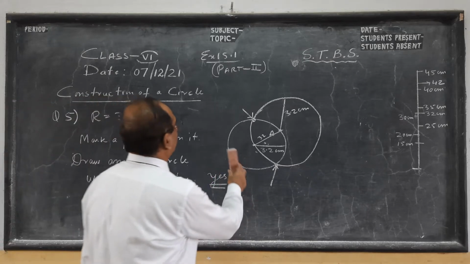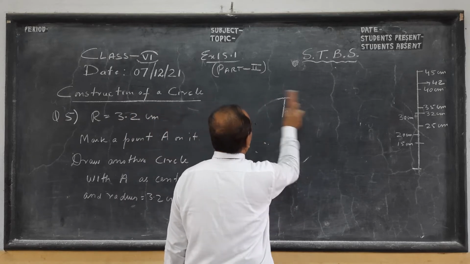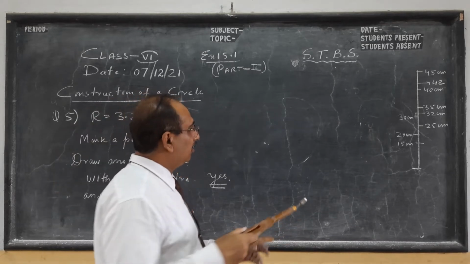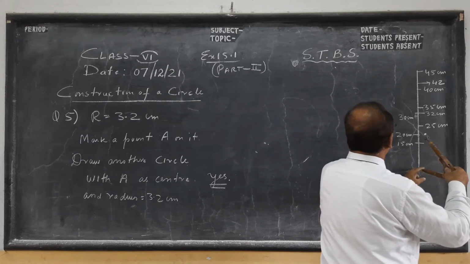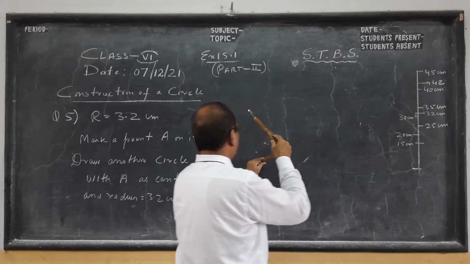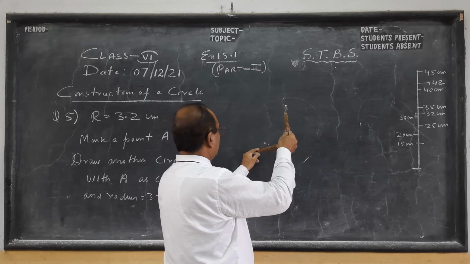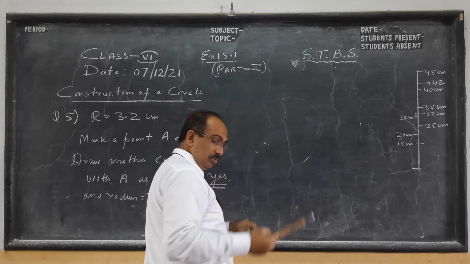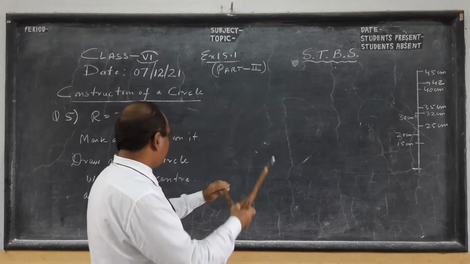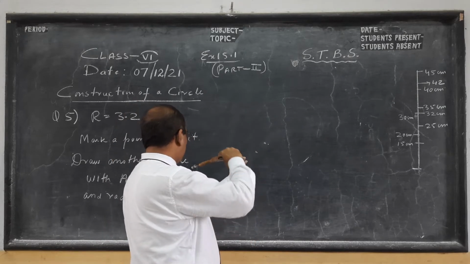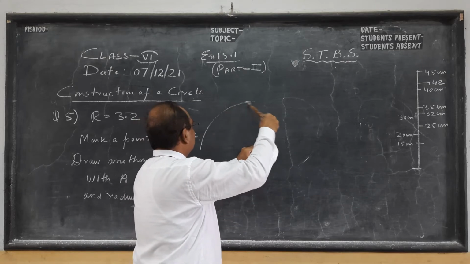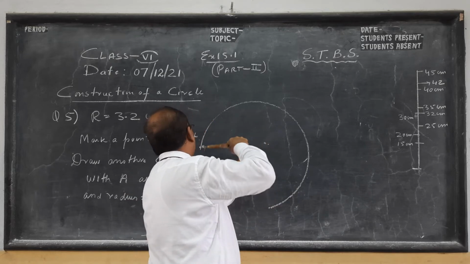So let us see how we draw. In reality, what will we do, children? I told you to take 10 times more, so I am taking that. Here 10 times more can again be quite big because I have to draw two circles back to back. I am taking 10 times bigger, 32. We could have tried with less also. So here I am trying to draw with radius 3.2.